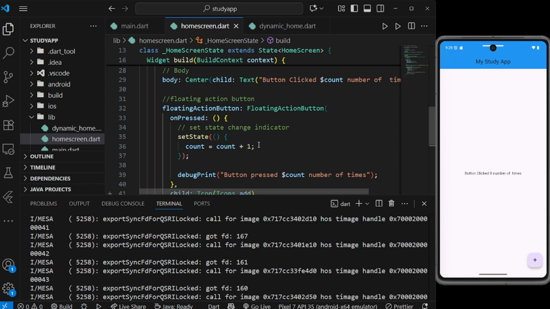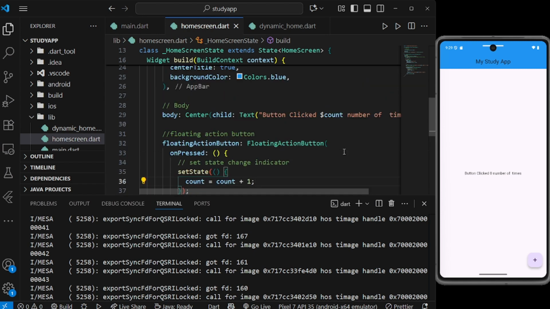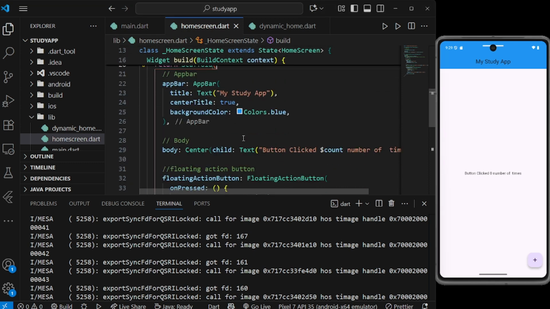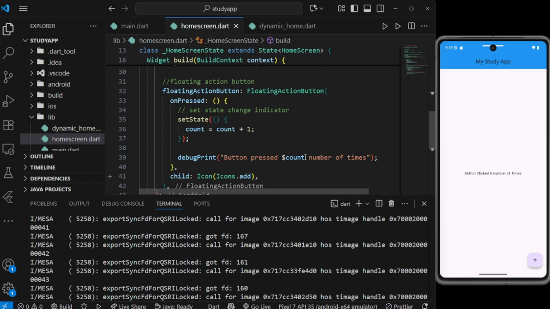The reason why it's updating over here is because this particular build function rebuilds every single time, right? Whenever the change indicator happens, this build function is built. When it builds again, it starts again with zero. In the next build, whenever we press on this one, there's a change indicator calling. This build function will build again. We'll build this whole return scaffold thing, all these widgets, with the new number